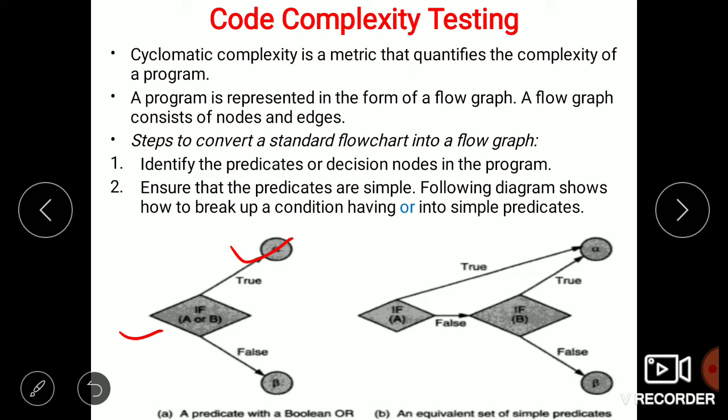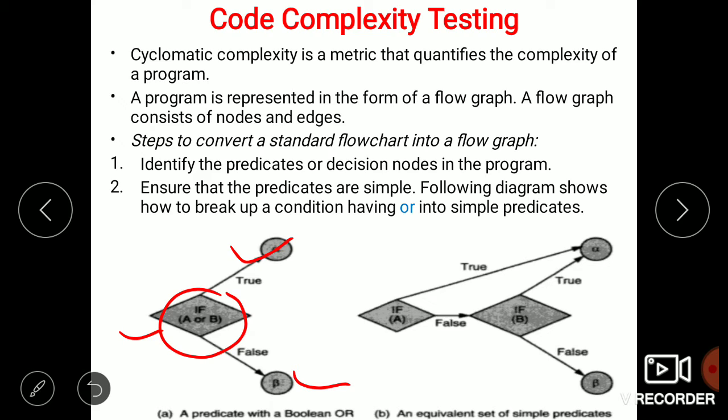If it is true, it's going to print alpha. If it is false, it's going to print beta. This condition, if A or B, is a complex predicate, that is, a complex Boolean condition. That's why we need to break this condition.